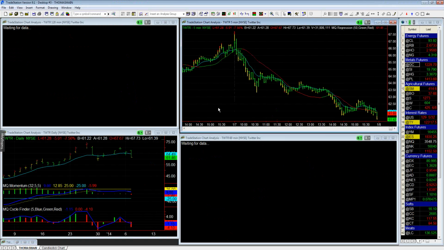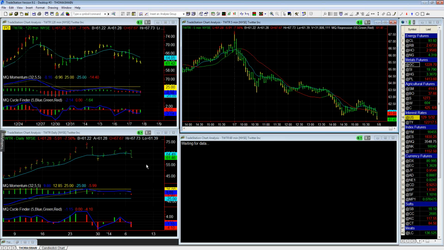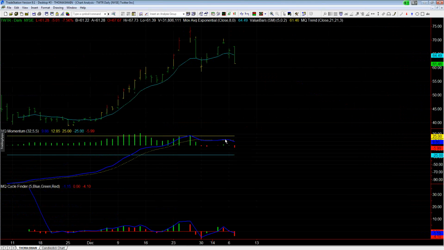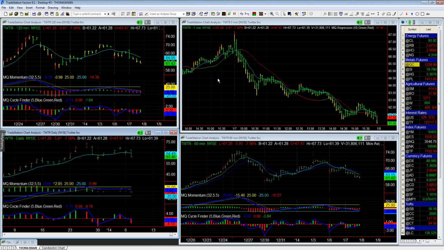What's my opinion on Twitter? Your dailies actually look pretty bearish. You had a nice bearish divergence. Looks like it should head lower. You had a really nice yellow hat doji right there, and a really nice red jacket doji right there at the highs. Momentum looks weak on your daily, so it looks like it should continue to go down as long as you can break through the support.